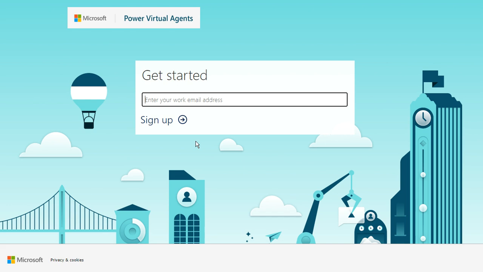If you don't have a work email address, you can create an environment at demos.microsoft.com. You can create a free environment inside your organization, just to test and use Power Virtual Agents. I will insert my work email address,